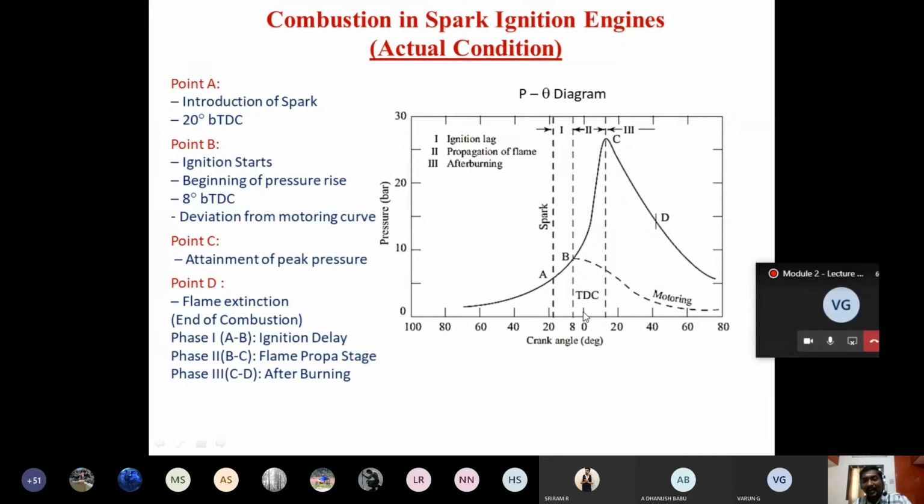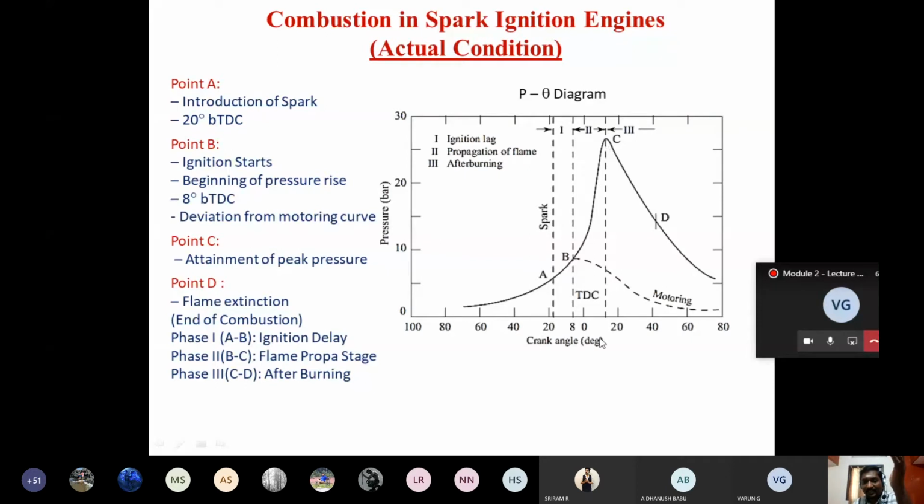The piston has now crossed the TDC. After the TDC, the piston has crossed the TDC. So this is your TDC position. Before the piston reaches TDC, here we have introduced the spark. Before the piston reaches the TDC, combustion has started, and there is a sudden rise in pressure, and the peak